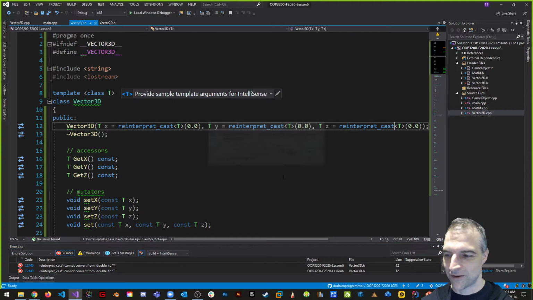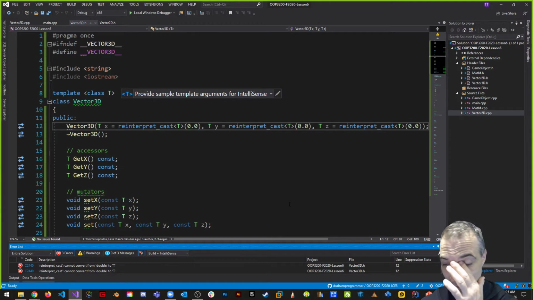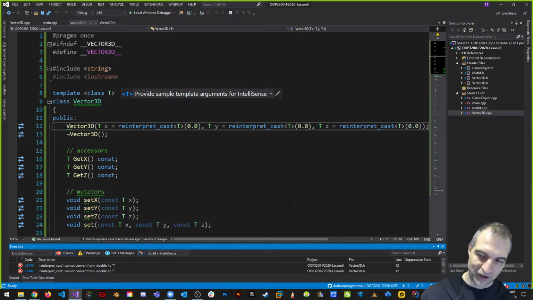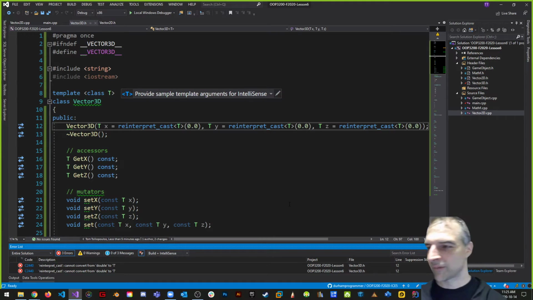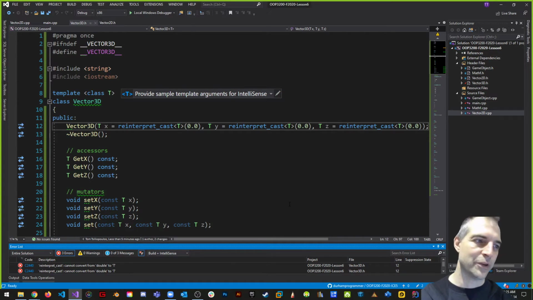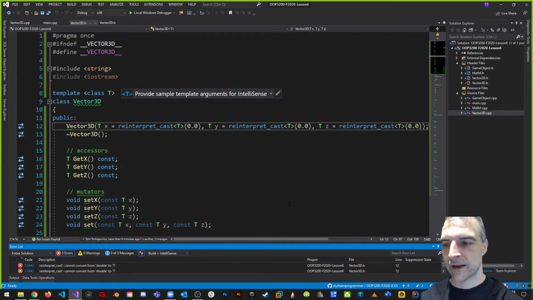So again, no, reinterpret cast cannot convert double to T. It doesn't understand what that does. How can you convert it? Well, we don't know what those are. We can't get by this part because strings don't compute, and that's a huge issue, unless we take a type that is, when it's an empty constructor,